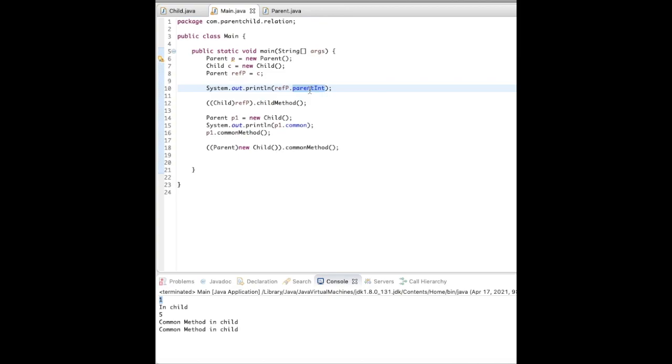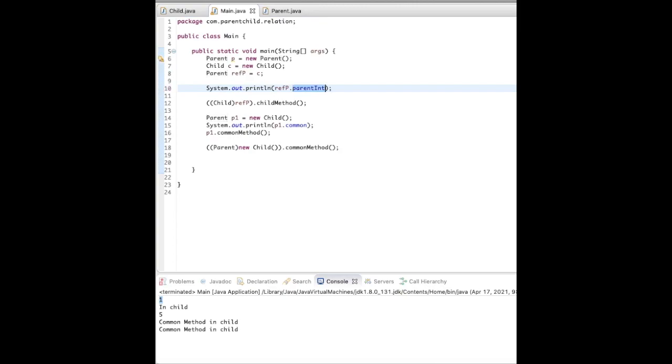Now suppose, instead of this I write child int. What if I have done that? I am getting a compile time error here because child int is not a parent data variable.